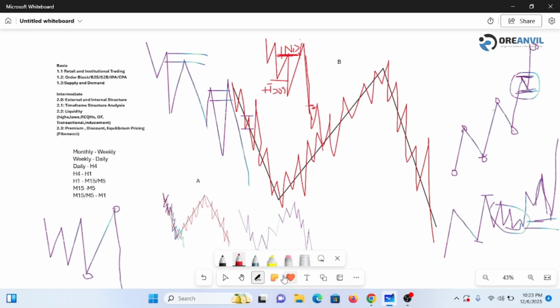If I say this is from this, if we say this is still on the internal and external structure. So I have this push upward. This push is an upward push. I have this push to the upside. From the low to this high, the internal structure is going to be anything between this high and this low.